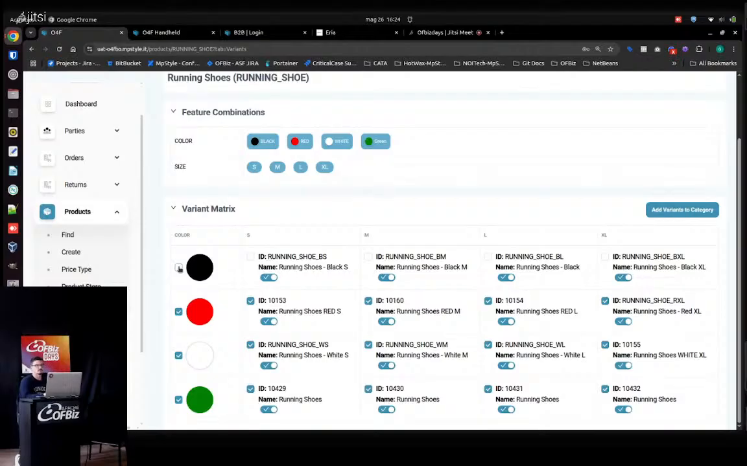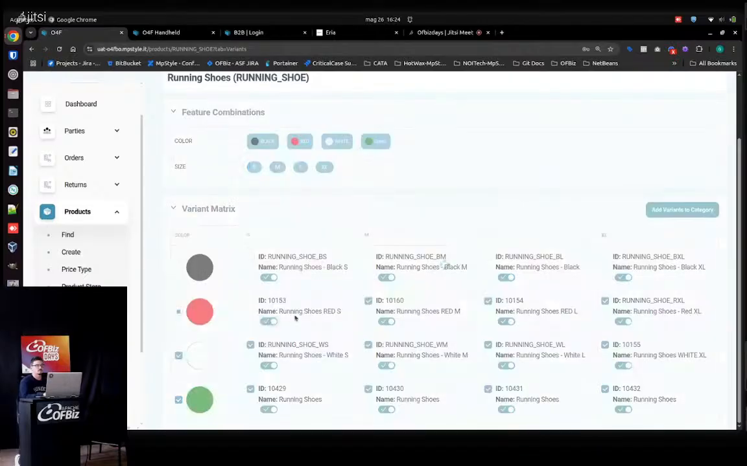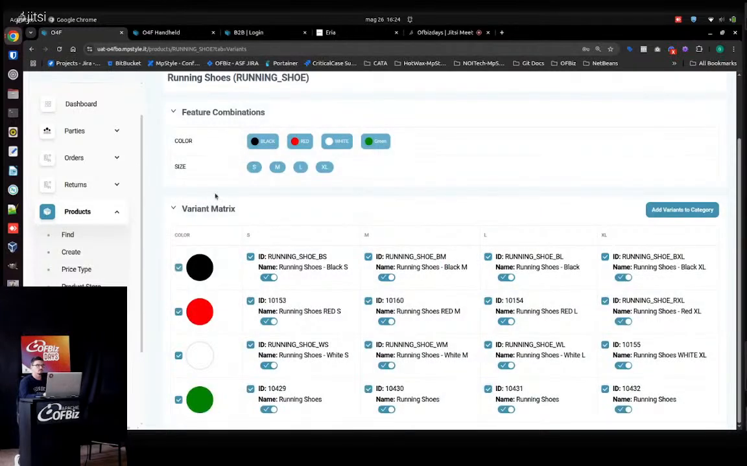or some specific combination. Maybe for the red, the S is not available. Maybe for the black color, there's one size more. I don't know. And for example, the matrix is used to generate variants. You generate products with this tool. Okay, cool. And if we take a look on order, maybe if you create an order item with this specific product,